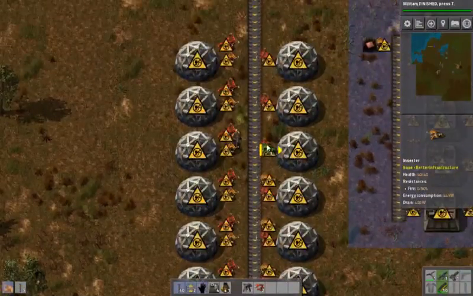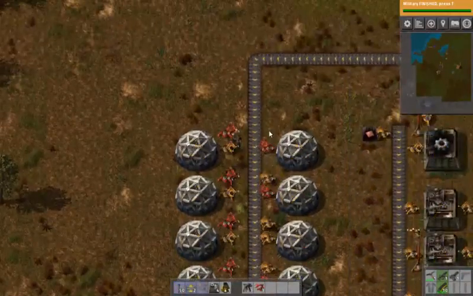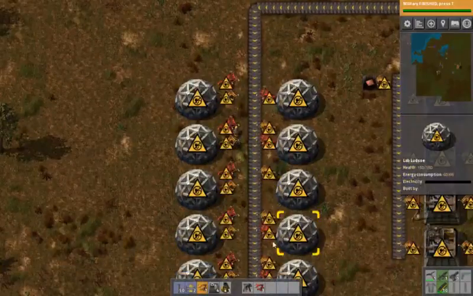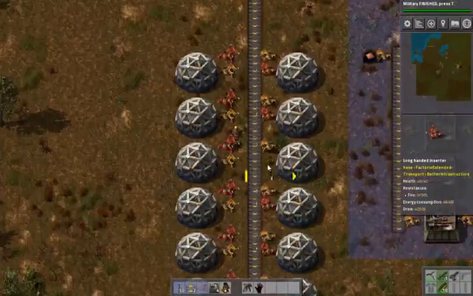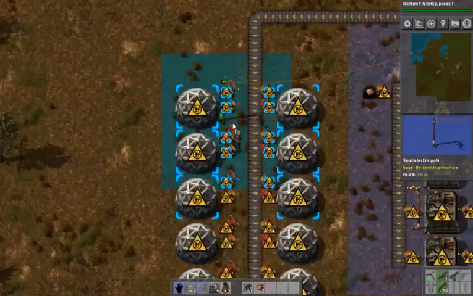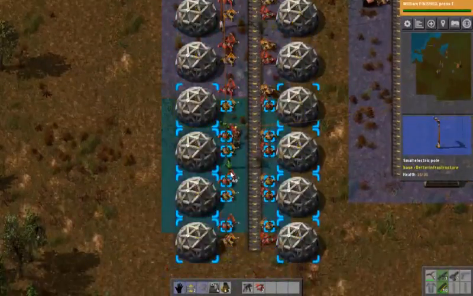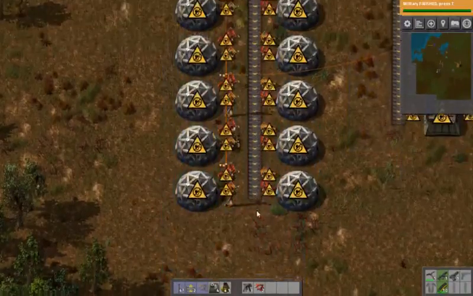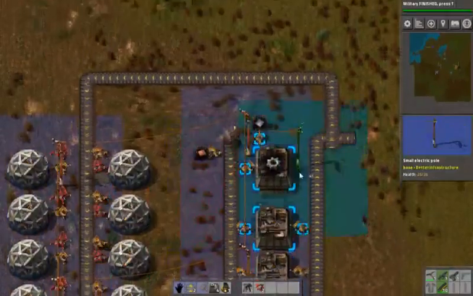So, whoops, that was not the correct one. Give me that back. Okay. Set that there. And then with our fancy dancy poles, we can actually just go a single, come down to about right there, a single, and we'll just set one on the very edge. There we go. Alright, now we need to run this power up to